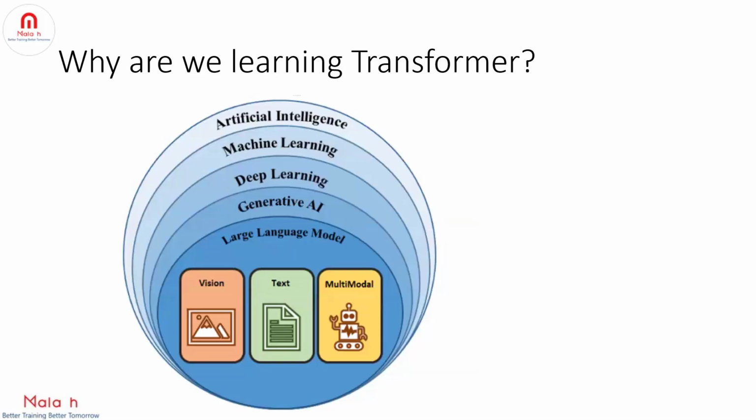So why are we learning transformer, right? We will know how these large language models are built and the architecture behind these LLMs, that is GPTs or any other pre-trained models, right? In generative models, 90% of the models are built on top of the transformer architecture. I also want to clarify here, not all the models are built using transformer architecture. For example, deepfake video generation is built on top of GAN networks. But the majority of generative AI models are built on top of the transformer architecture. So that is why we are trying to understand transformer architecture, so you can understand how these large language models